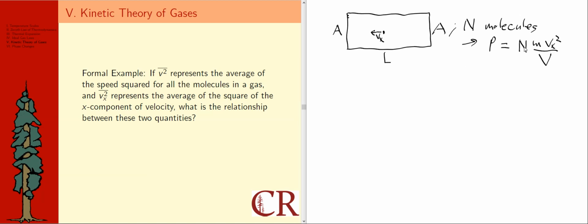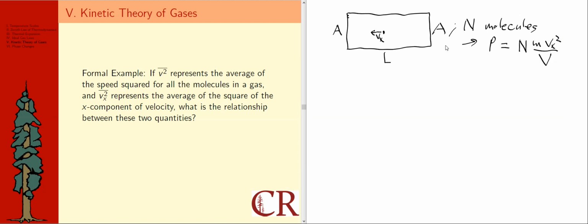So I've summarized here on the whiteboard the result from our last formal example that started out with a single molecule bouncing back and forth in a box or container. And then I said, well, if there's n of those molecules doing that, the total pressure on the end caps would be equal to this expression here, which you asked, like, well, is there anything particularly interesting about that? Not yet. We're kind of on the way there, but there is this v sub x squared in here, and